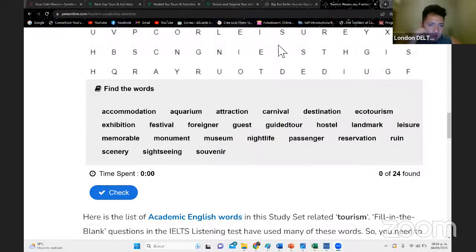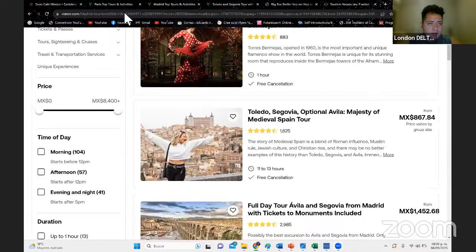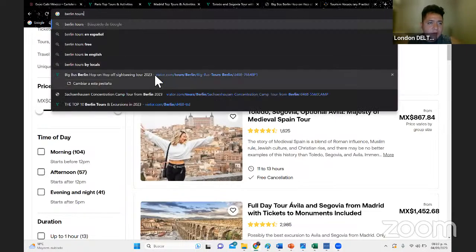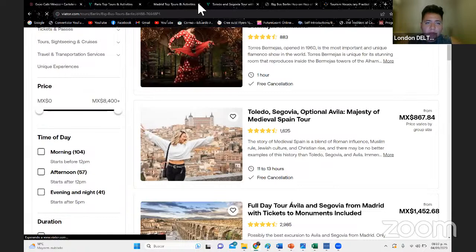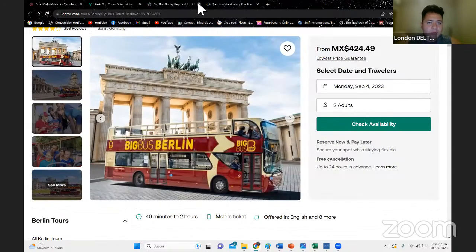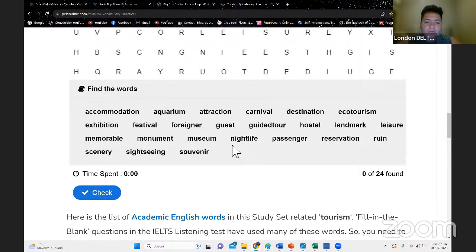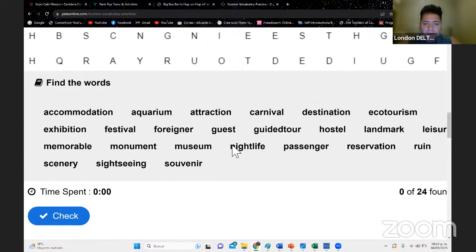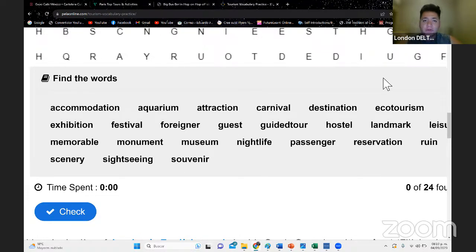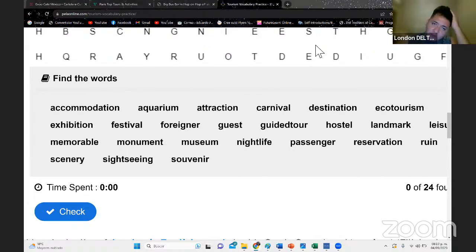Okay, so here we have a list of words first, and then we'll talk about the vocabulary and grammar that we have in specific tours. Very well. So here you will see some vocabulary. This is key if you want to travel and do tourism. So we use these words. So you see here, right? We have